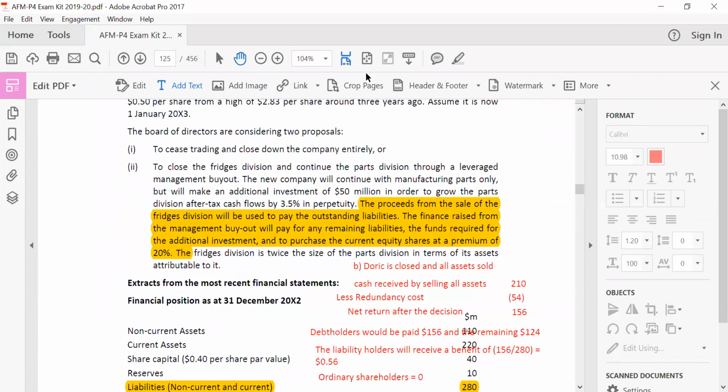The examiner said over here that the new company will continue with manufacturing parts only, but will make an additional investment of 50 million. They will need more money, 50 million extra. So that's the additional capital required. We factored that 50 already. But we need additional investment of $15 million in order to grow the parts division after-tax cash flows by